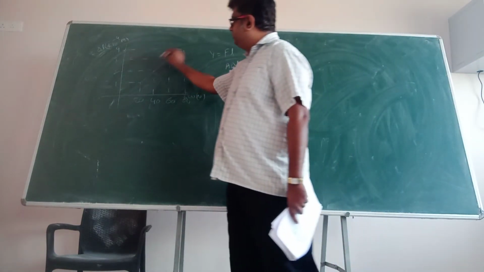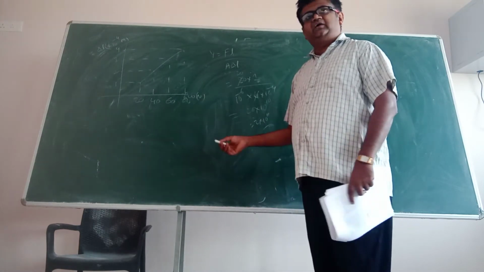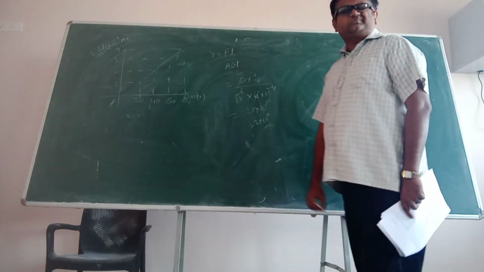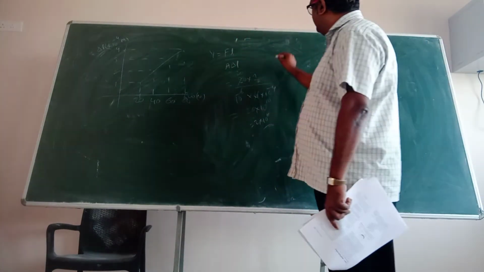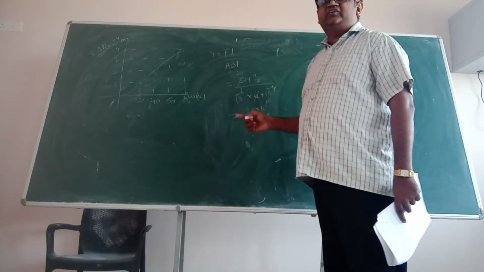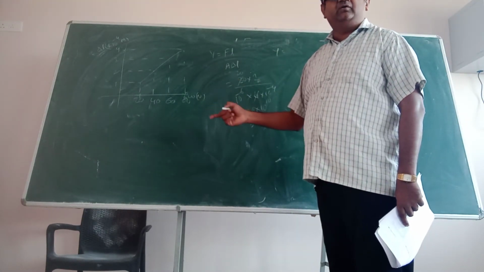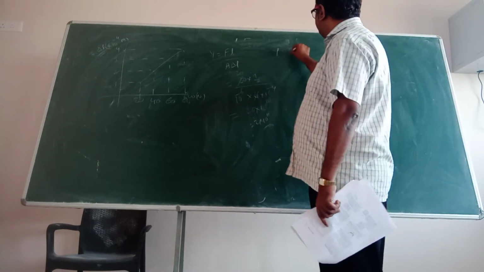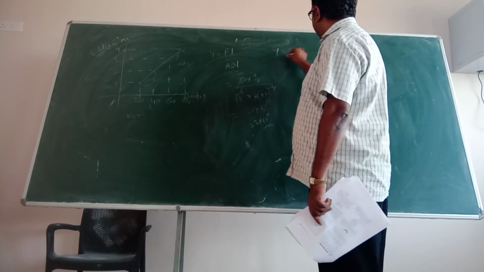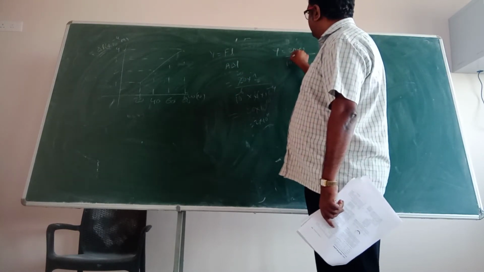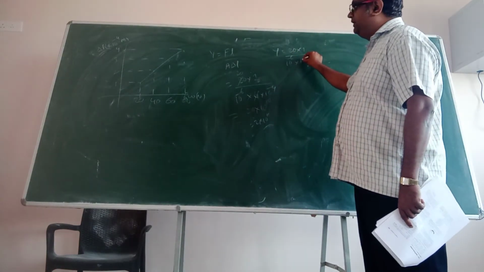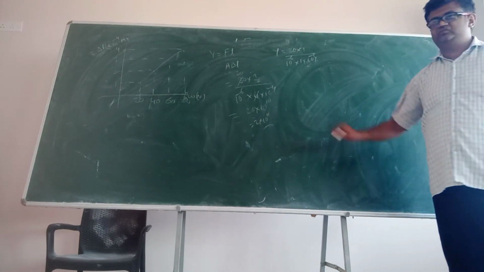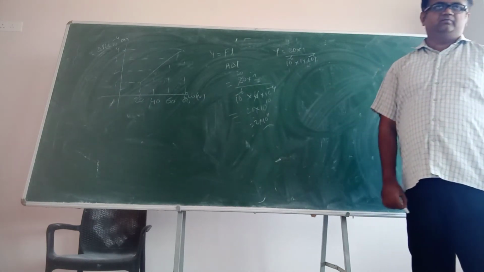Because this is a linear variation, you can check with some other value also. You may get the same answer. Let us see. Suppose I pick this value. The graph is linear variation. If I pick another value, let us see if my logic is correct. So Y is equal to 20 into L divided by, this is 10 power minus 6 area into 1 into 10 to the power minus 4. Here also you are getting the same answer. So this is approach 1.